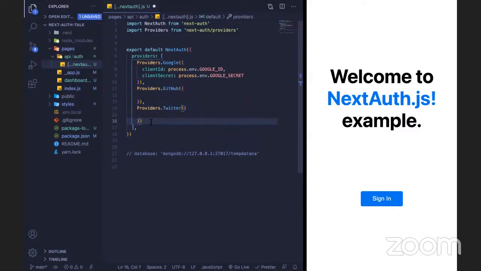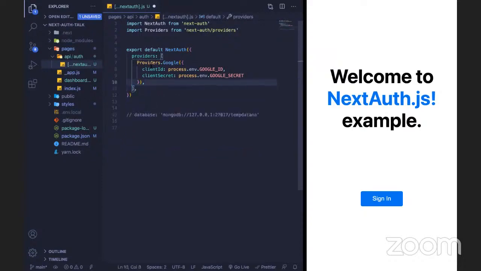That's how you specify the different providers you want in the application. When you go to a website, you see there are multiple options to log in via Facebook, Twitter, Gmail. So you can specify the different OAuth providers you want to use in your application. So let's go with the Google login as of now.